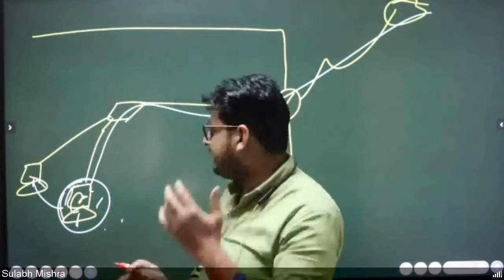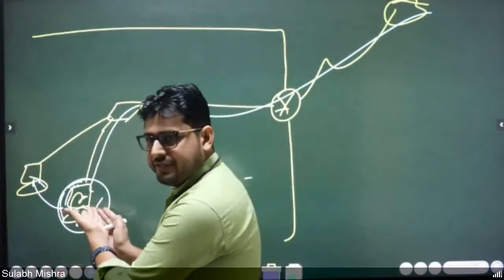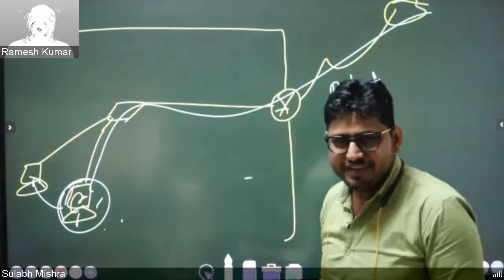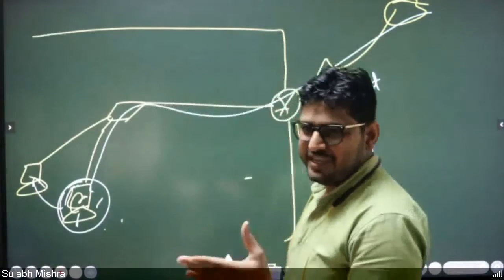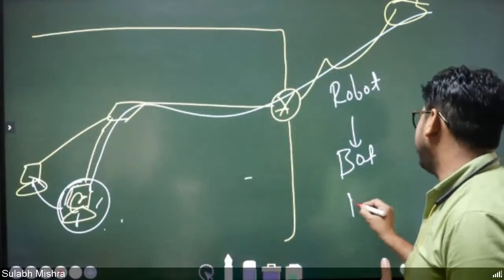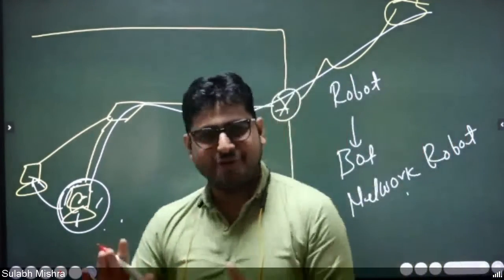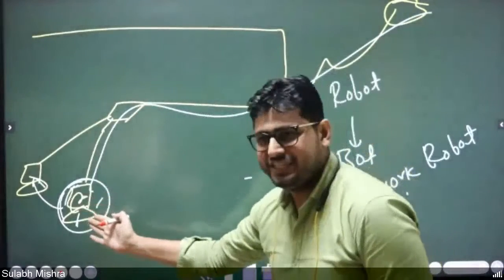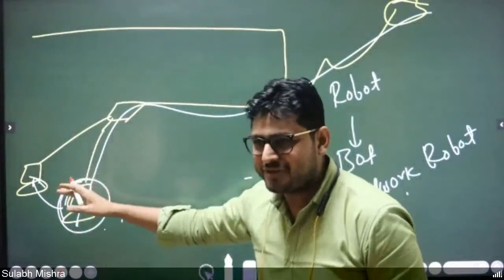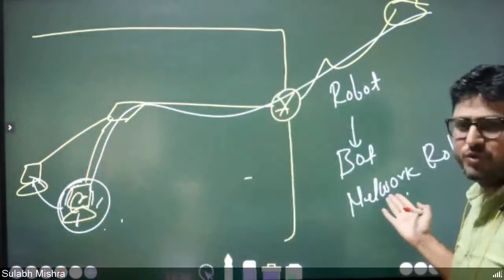Now let's say the attacker wants to create a botnet. This system got infected, we call it a bot. Get it? Bot is nothing but a robot, and a botnet is a network of robots. Robot means things happening robotically without your action. The attacker controls the machine, and the attacker is not physically available here. Still something is happening on your computer, the attacker is controlling the machine and doing some activity. That we call a robot.